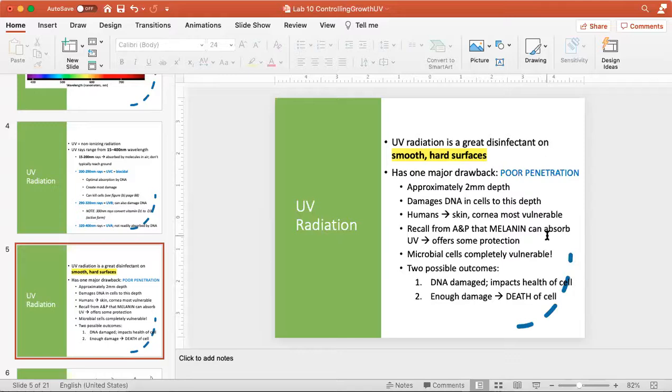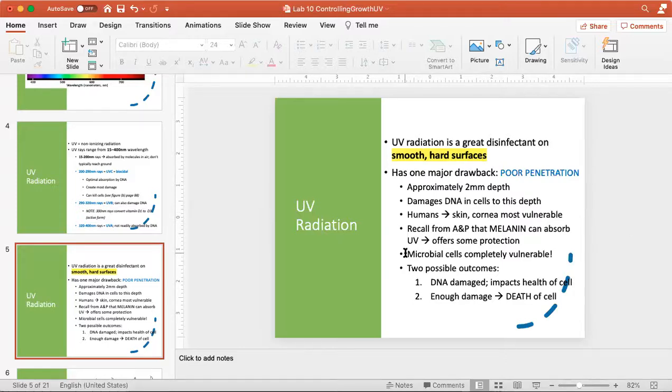That does offer us some protection. And that's why when we're out in the sun and getting exposed to UV, our skin cells start to produce more and more melanin as a protective measure. That's why we tan when we're out in the sun. But obviously melanin has its limits, right? And the reason our skin burns over time is a combination of the heat of the sun and the damaging ultraviolet rays.